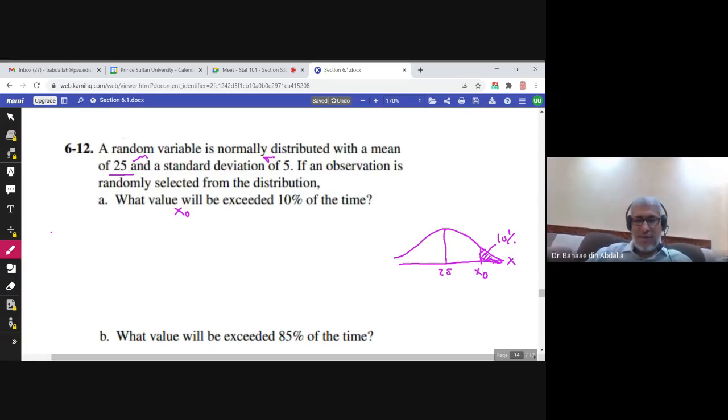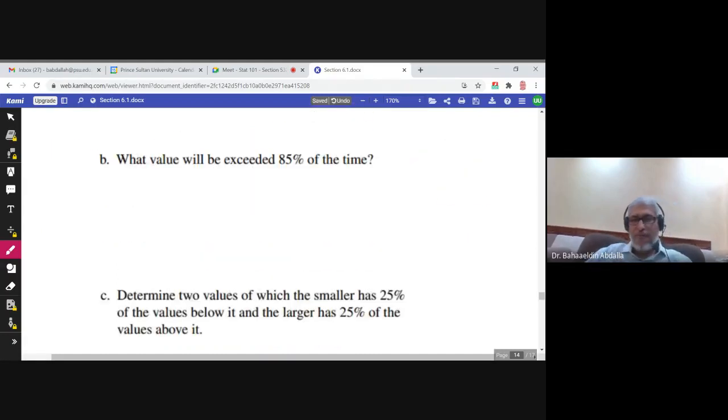So in fact, he is asking about x0 in which the probability of x greater than x0 is 0.1. So you change it to z and you find z0 and then x0 as usual. What value will be exceeded